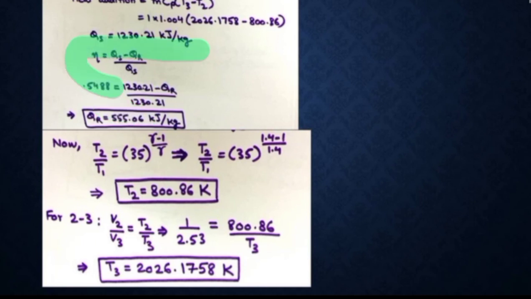Efficiency for a diesel engine, you can write this also, because this is the general formula of efficiency, which is net work done upon heat supplied, which is QS minus QR upon QS. And the direct formula of the diesel cycle you have already known, right? So these are the two important numericals of the diesel cycle.